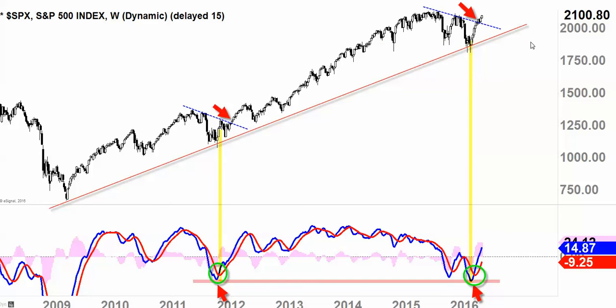What does that mean? Per Charles Dow, it means the trend is assumed to be in effect. I love the way he said it. He didn't say that if you don't have a clear signal of reversal, then the trend is very strong and 100% guaranteed to go higher. He said the trend is assumed to be in effect because he understands you cannot guarantee anything. Nobody is God. Nobody has a crystal ball. If anybody tells you they know for sure that this market is going to crash,